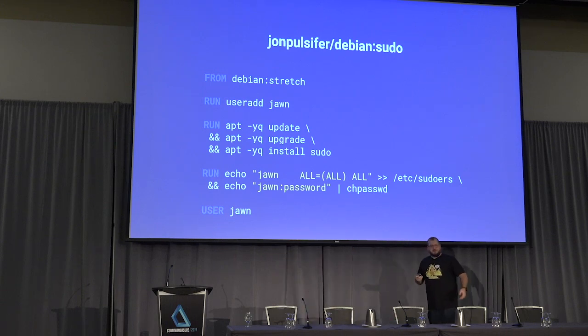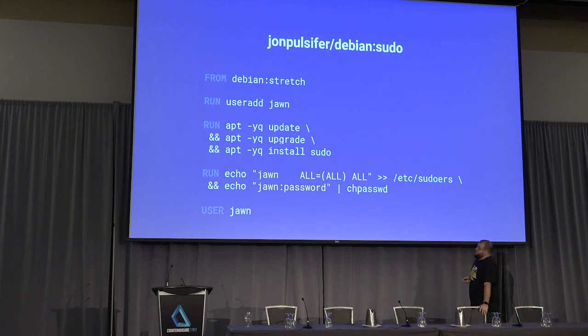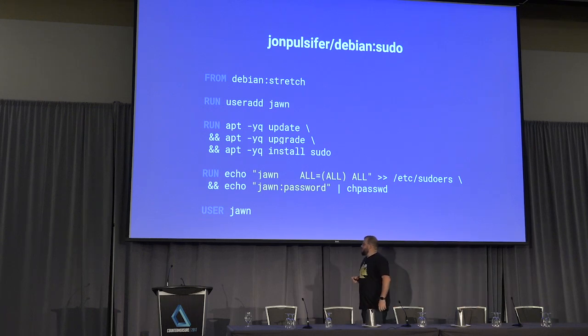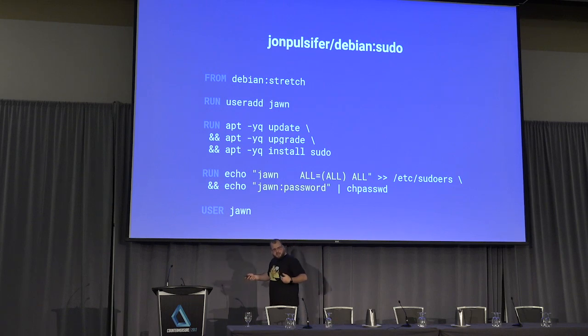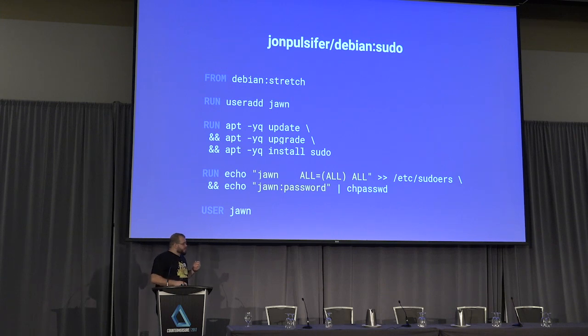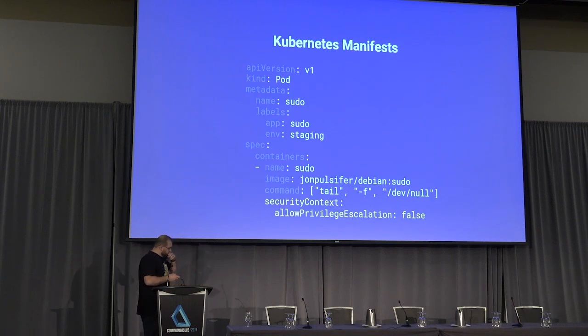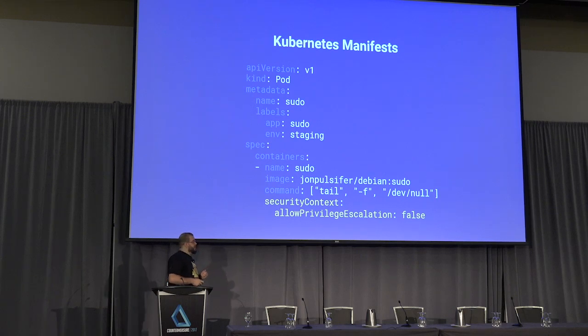One of the easiest examples for me to provide to you today about these container security abstractions is to give you a Dockerfile like this. So I built a Docker container based on Debian Stretch. And what I've done is I've added myself a user, and I've done my due diligence, I've done my updates and upgrades, I installed sudo, and then I added myself very securely to the sudoers file inside this Debian container. If you haven't figured out, my password is in fact password. And I dropped privileges just because that's the prudent thing to do. But I'm going to show you what we can do then with Kubernetes security controls to really take advantage of these abstractions today.